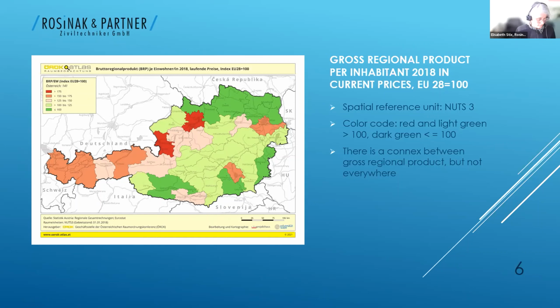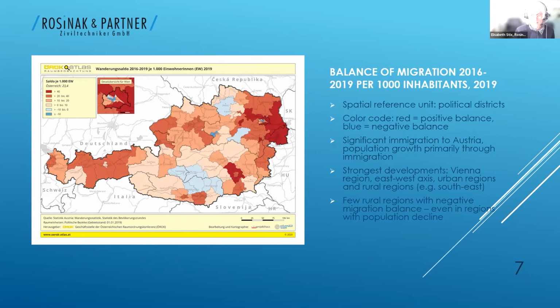As we heard, there are very different patterns of development, and it does not always go hand in hand, weak economic development and population decline. You have to have a more detailed look. What you can say is that Austria is growing mainly because of immigration